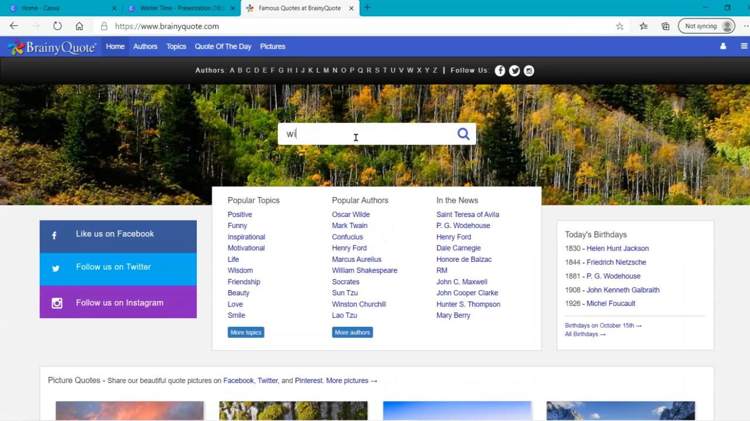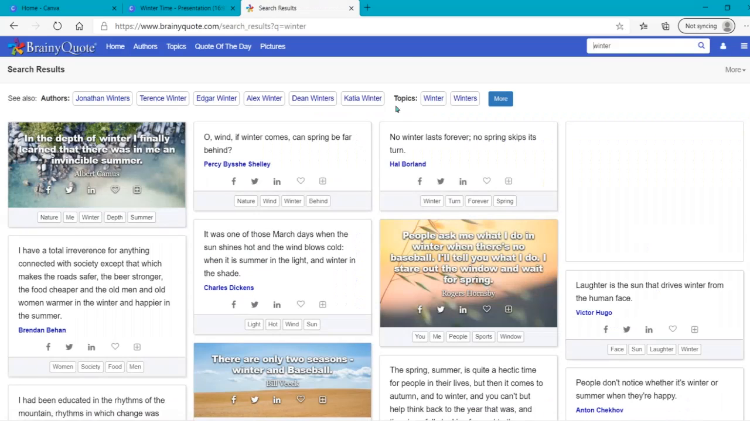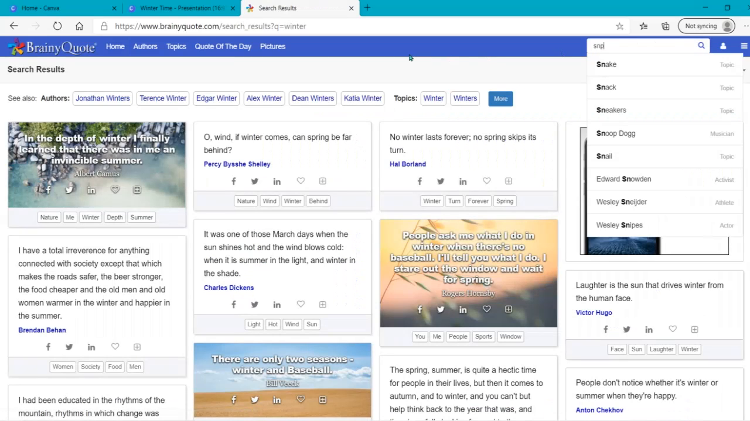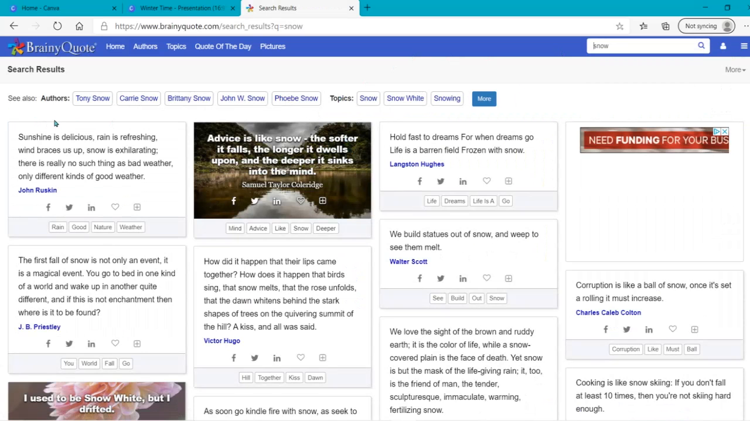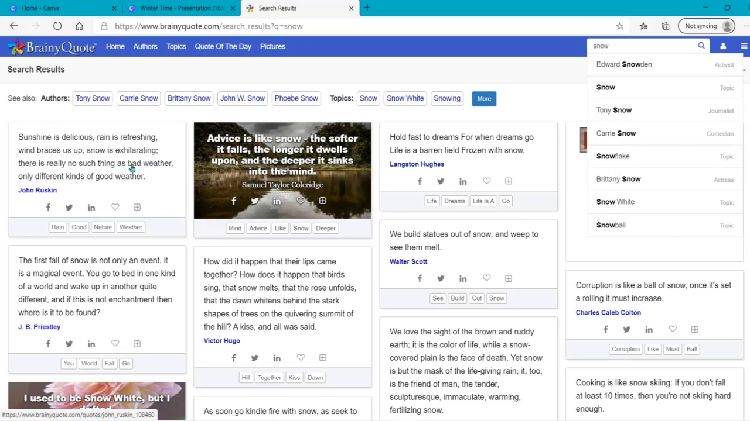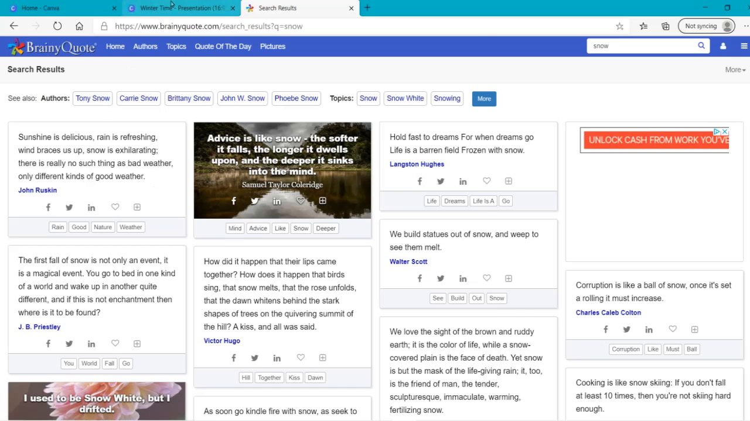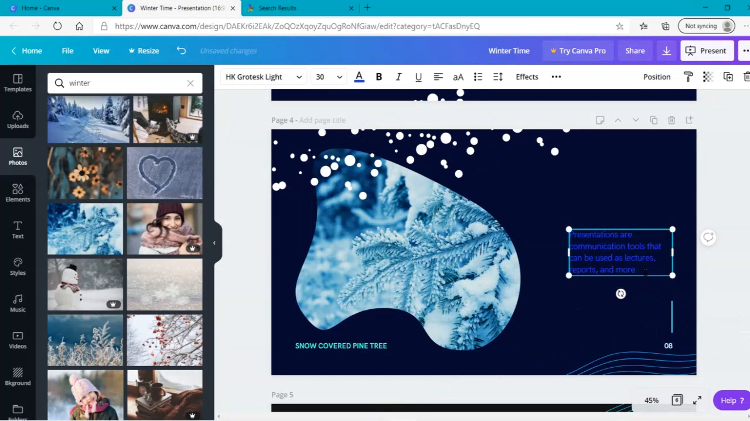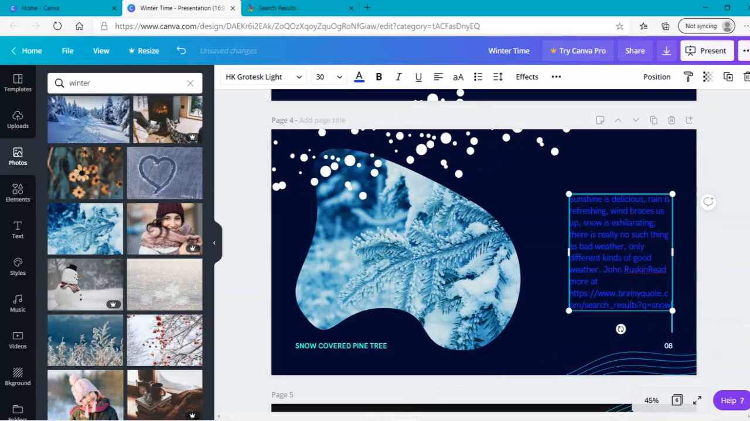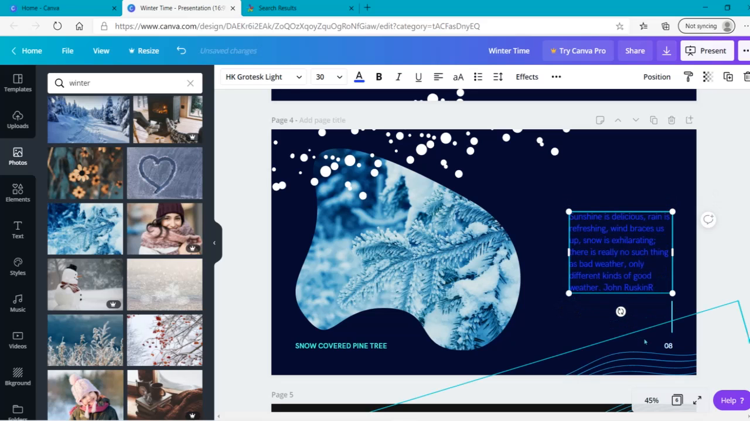Choose a quote and search winter. Or we could even search snow. Whoops, that's not snow, this is snow. We could have this one. I really like this one. I hope it copied it by pressing Ctrl C. We can try and press Ctrl V. Yes, it copied it. So we want to delete all of this